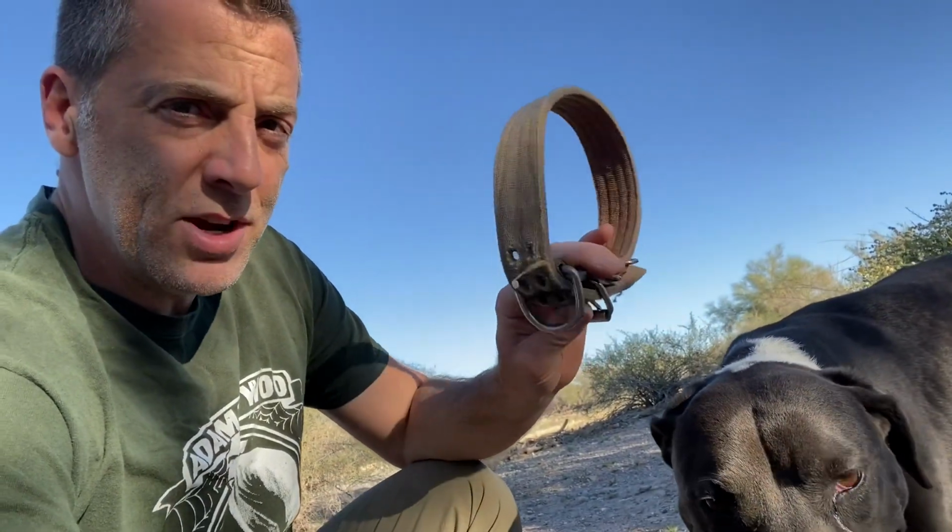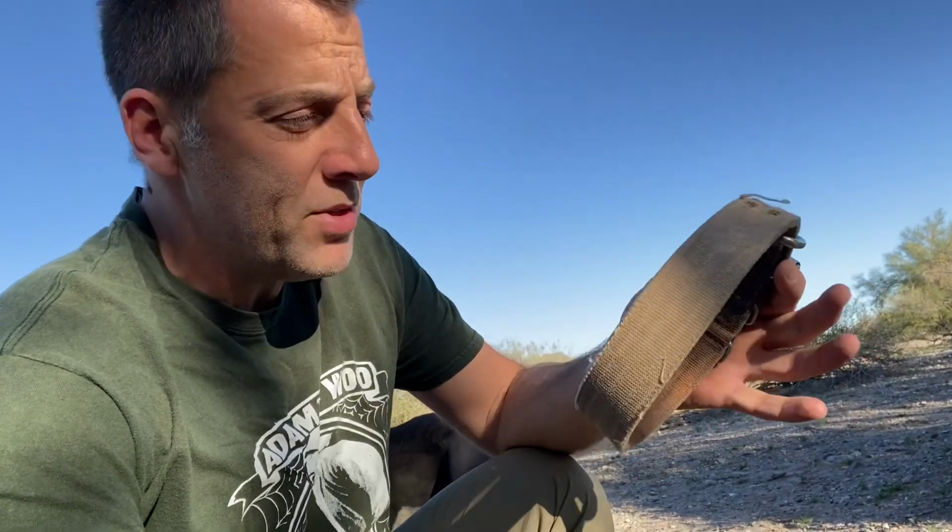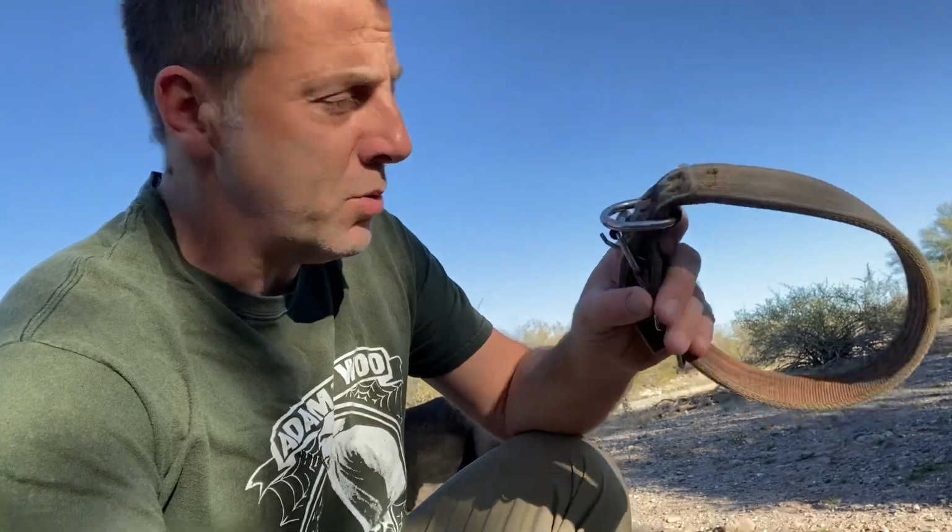This is Echo's old collar, and you can see it's pretty nasty. This lasted about 2 years. It's still really strong, and that was the main thing for him, was I needed a really strong collar. So this is the Bully collar. I'll put a link to it. I really like it. The problem with it is it fades super quick. So it was bright orange,